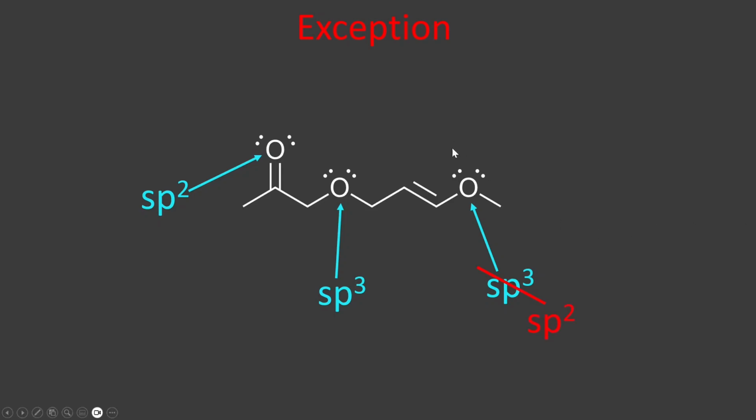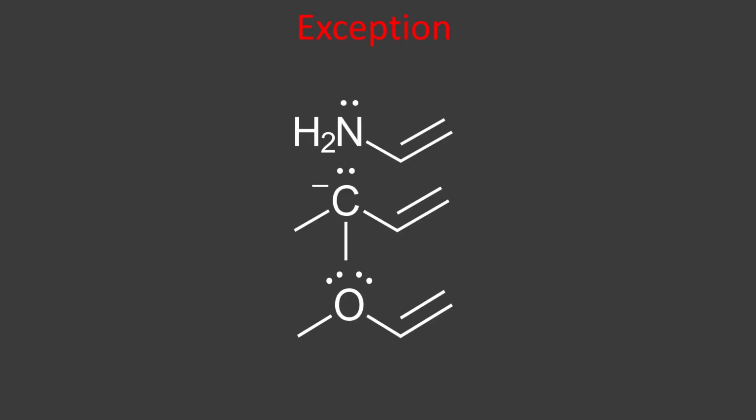This is because you have a lone pair adjacent or one away from a pi bond. In this case, it's a double bond. Let's talk about this rule. It doesn't matter whether it is a nitrogen, carbon, or an oxygen. What does matter is that you have an atom with a lone pair. And that needs to be adjacent or one away from, or next to, whatever word you want to use, to